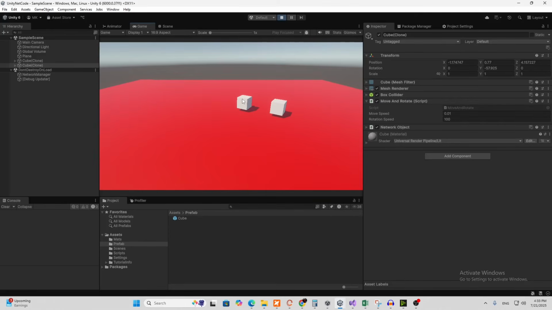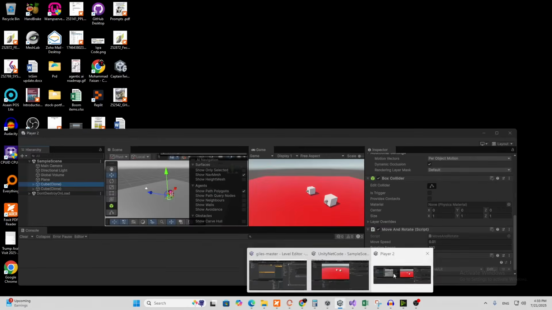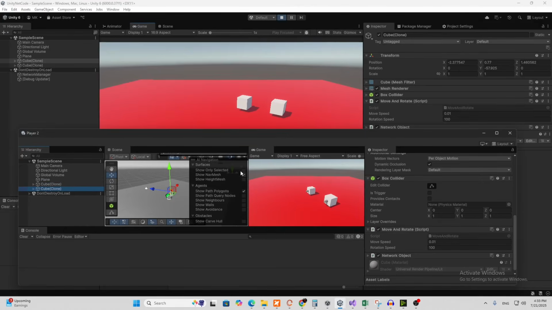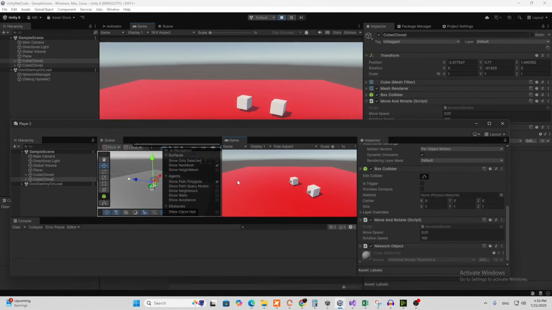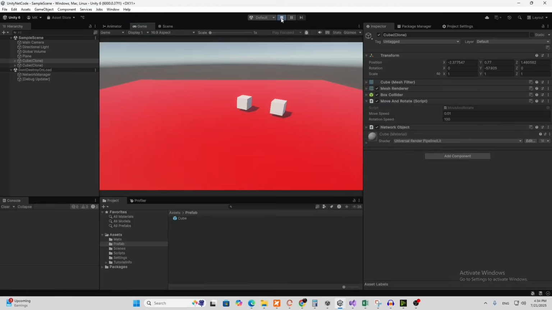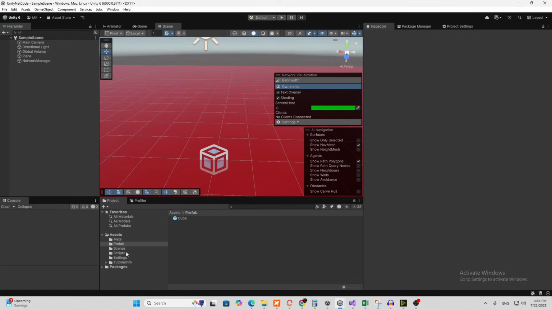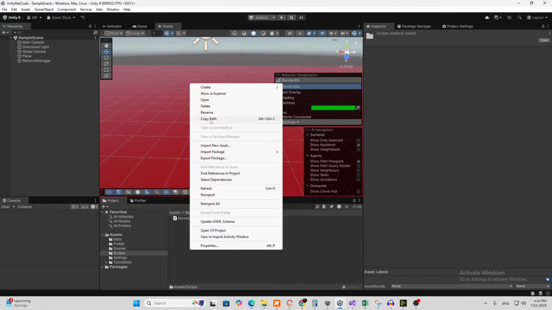If you have instantiated this game object, then the control of this object should be on your side. While if the client is connected, then its own cube or player input access will be on the client side. So let's stop playing this and go to script and create a